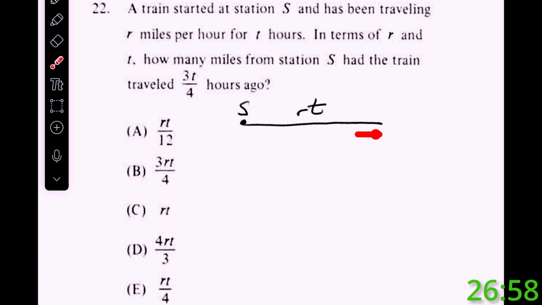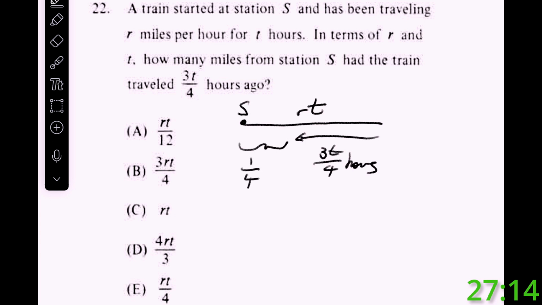So if I back up 3t over 4 hours, then I've got just 1/4 t hours, right? So this is the whole distance. I'm backing up 3/4 of that distance, so I have 1/4 of it left. If 1/4 t is the time